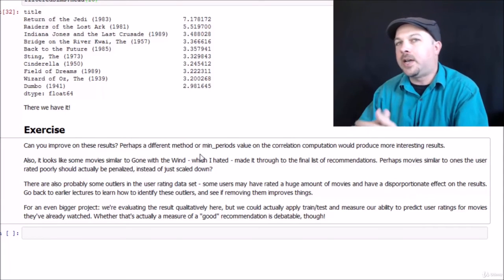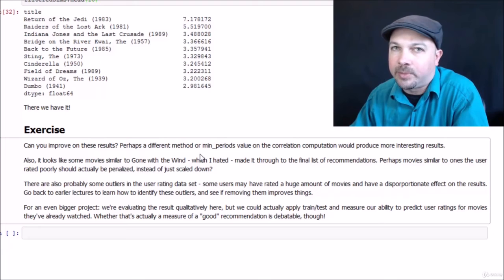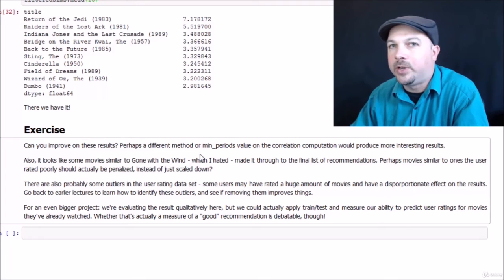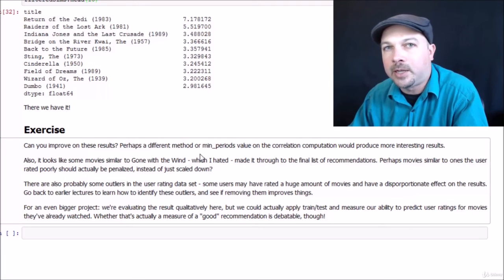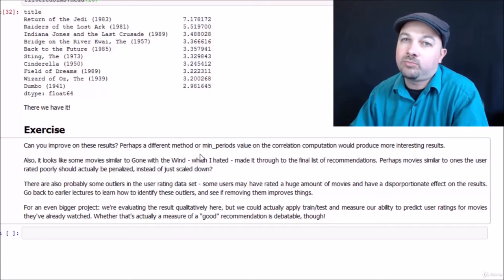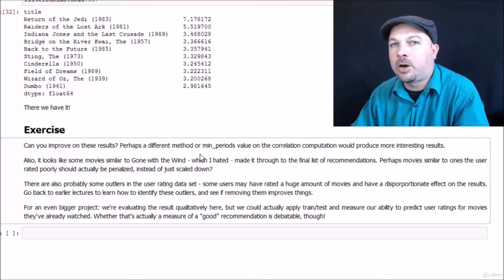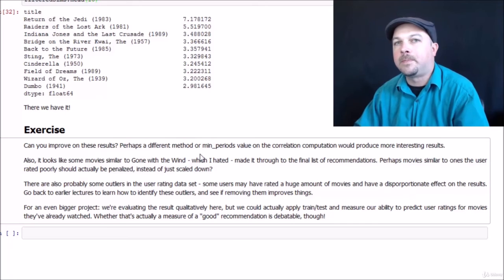Anyway, here's some ideas on how to go back and improve upon the results of this recommender engine that we wrote. So please feel free to tinker around with it, see if you can improve upon it however you wish to, and have some fun with it. This is actually a very interesting part of the course, so I hope you enjoy it. So go give it a try, see if you can improve on our initial results there. There's some simple ideas there to try to make those recommendations better and some much more complicated ones too.